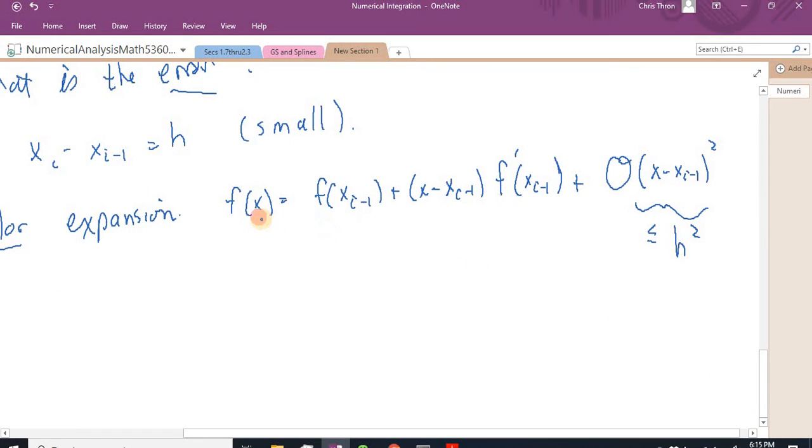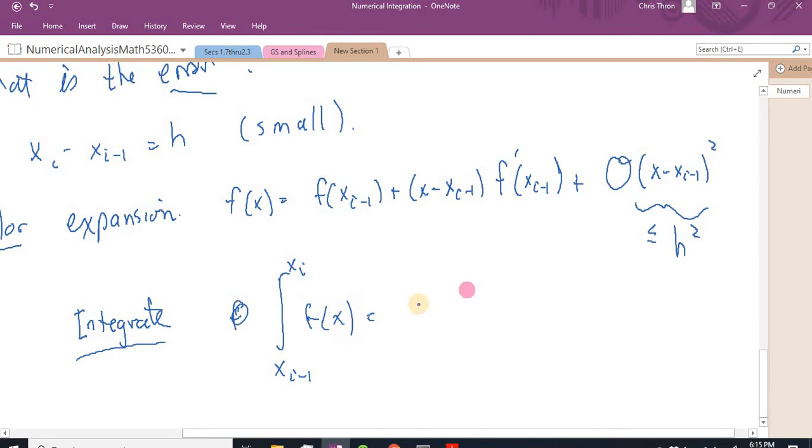So what I have here is my actual function. If I integrate, I'll get f of x, because what I'm trying to find is the integral. If I integrate this from xi minus 1 to xi of f of x, that's going to be equal to,